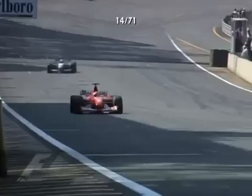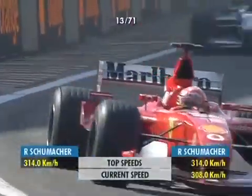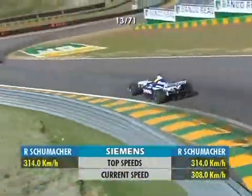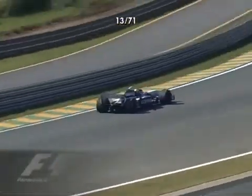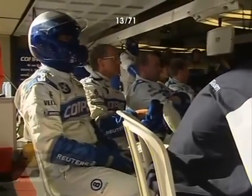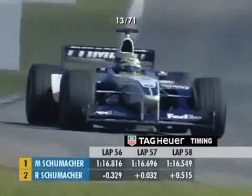Montoya has just put in a quick lap, his personal best, but not the fastest lap of the race. It's closed him to within 7.5 seconds of Jenson Button in the battle for 6th, but it's the battle for the lead that we're watching so closely. And strangely, the gap on that last lap, even in spite of Michael making an error, has widened to back over a second, 1.1 seconds. So maybe Ralf was slightly unsettled by what happened to Michael, and in his own momentum just got